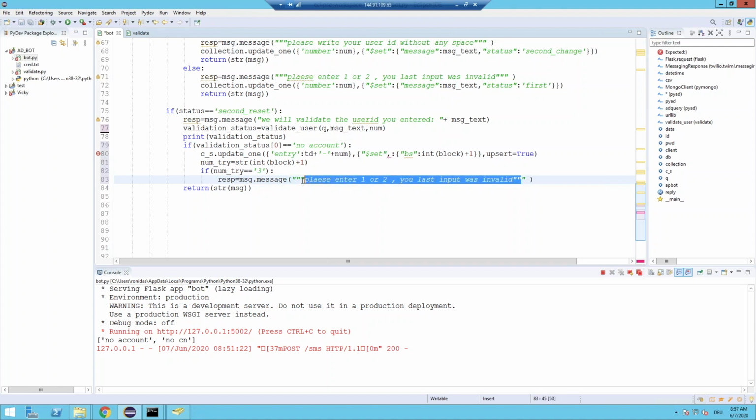So it will be like this: last attempt, you cannot use this bot anymore. Fine. Okay,